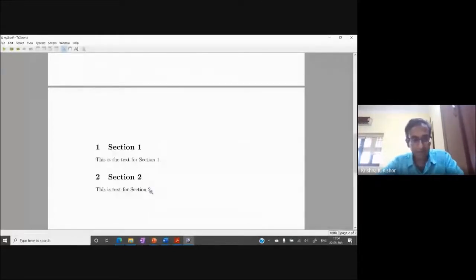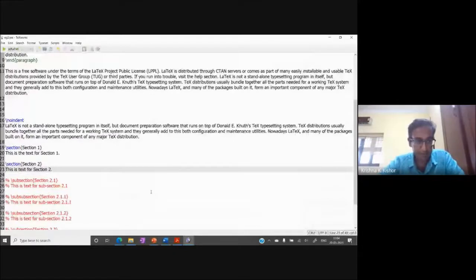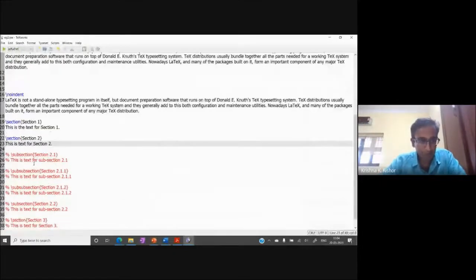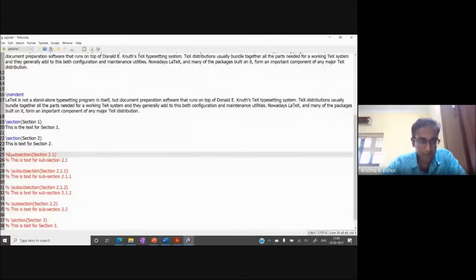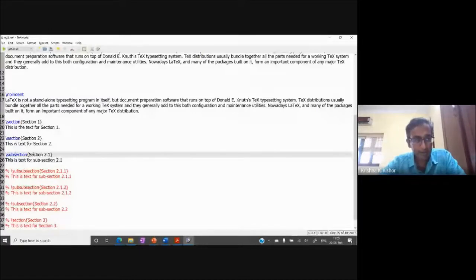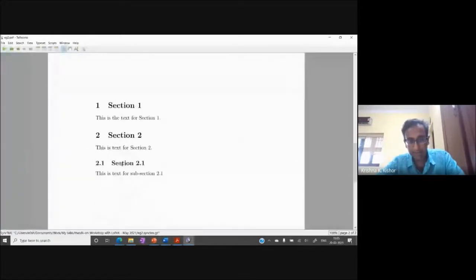And sometimes you also need subsections, for example 2.1. So the keyword is subsection, quite obvious. Backslash subsection and then the title, section 2.1. Then you can compile it, and then this happens. So 2.1 automatically goes like that, and this is a text for subsection 2.1.